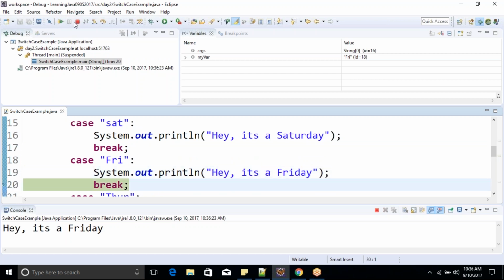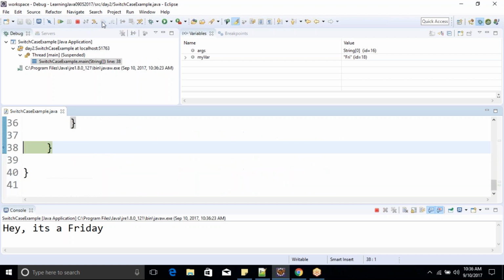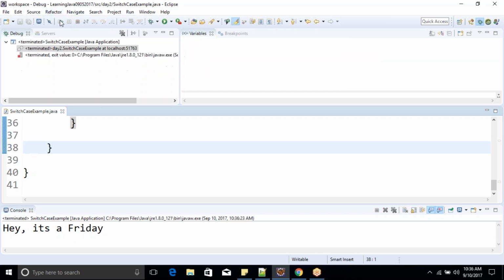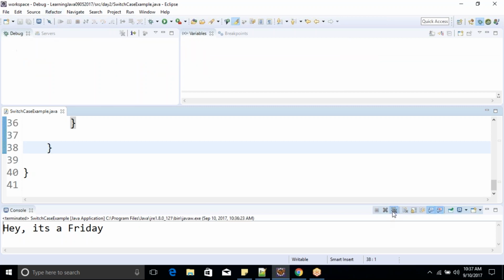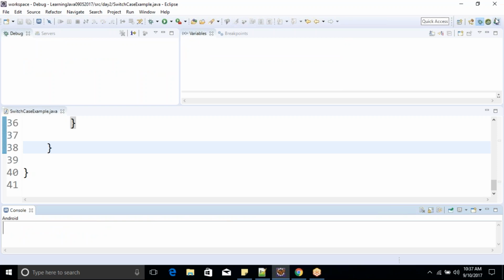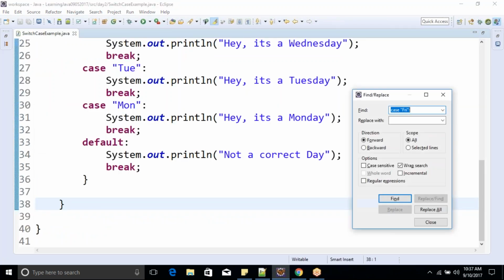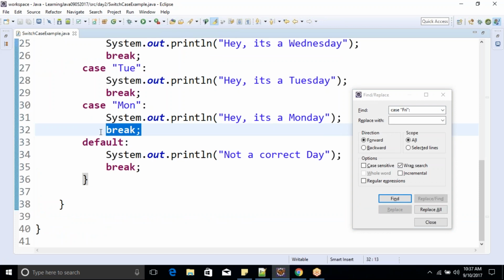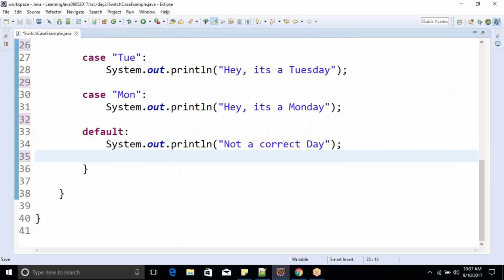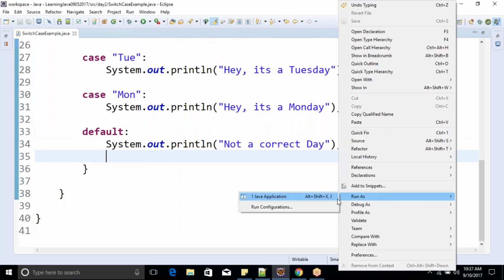Next it will execute this statement. Now it is at break. As soon as I press step over, it will come out of the code. So that's how it works. Now with the same code, if I go back and remove all the breaks, and now run it in debug mode,